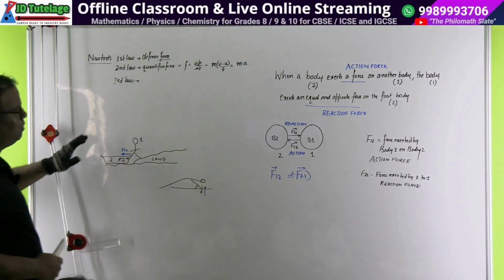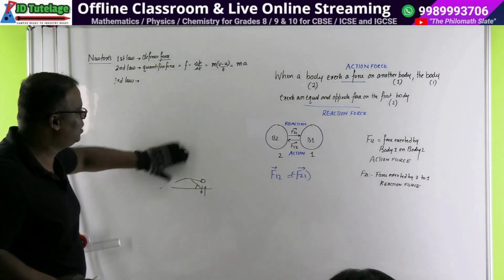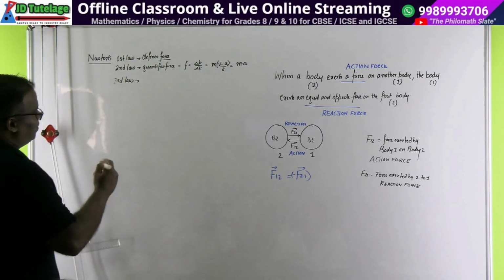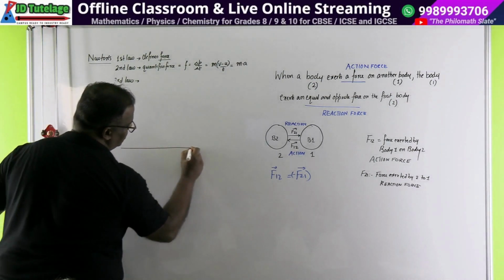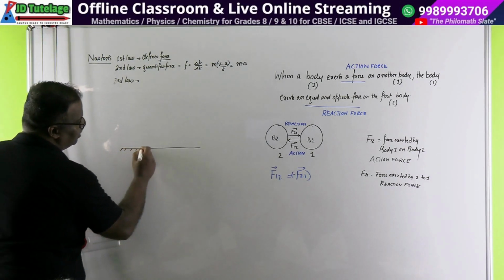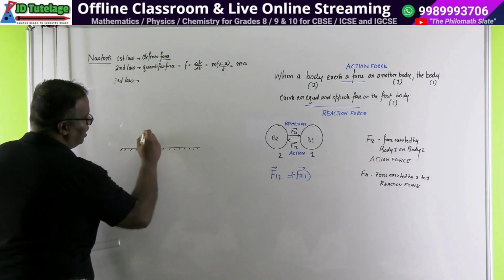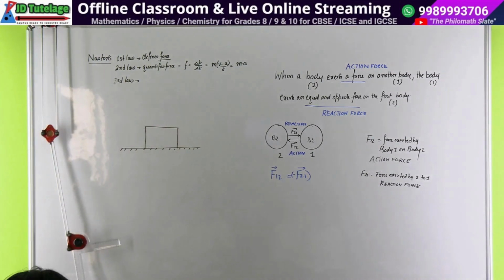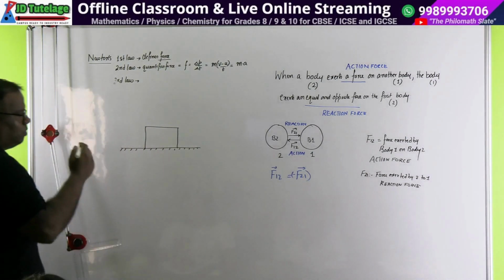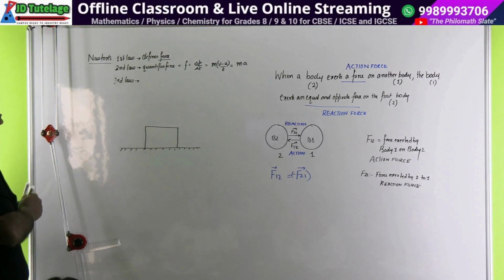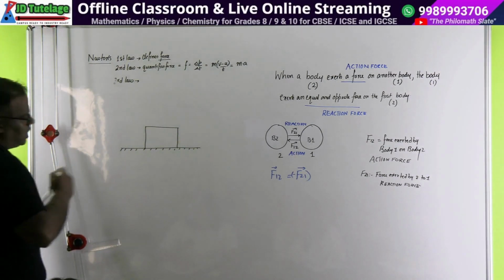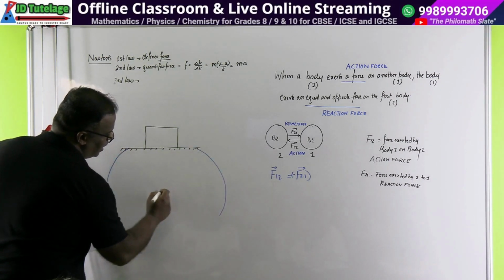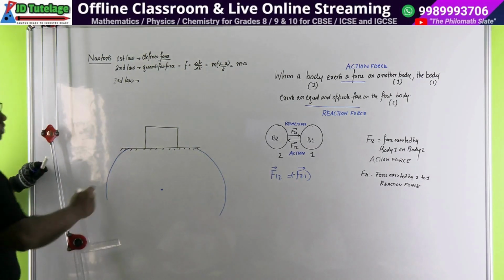One of the finest examples for this which I got, okay, they will give you scenarios and ask you to identify. One of the finest examples. Let's see, before that example, let's see this one first. This you'll become more clear from the chapter of gravitation. Let's say this is our ground. Okay, this is our ground. And what we do, we put a block on this ground, right? This block will be, now this example becomes more clear after you go to the chapter of gravitation. So this block is actually kept on nothing but on planet Earth, and Earth attracts everything towards its center. So this block is being